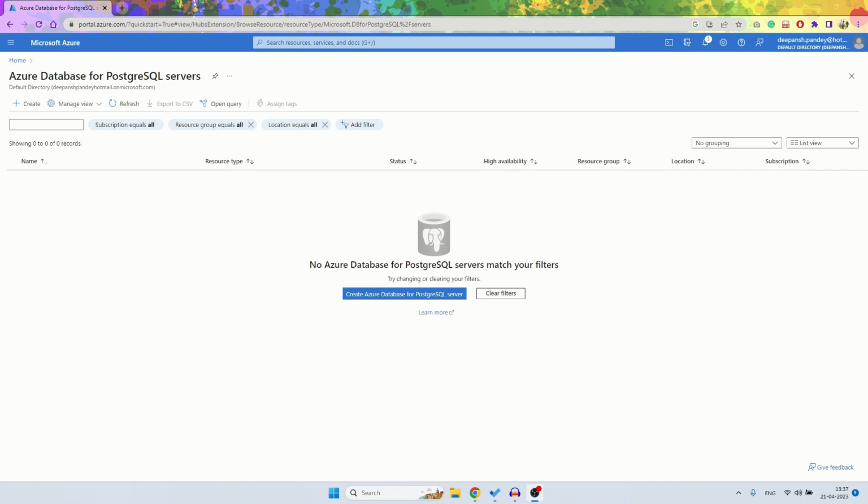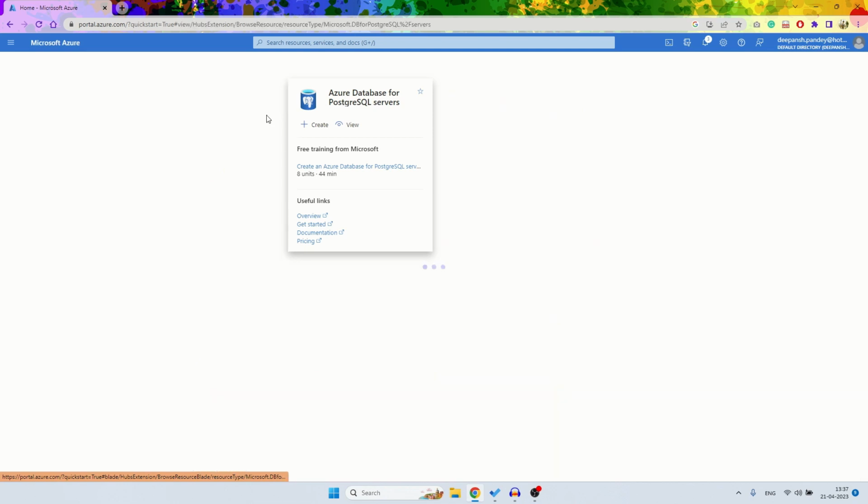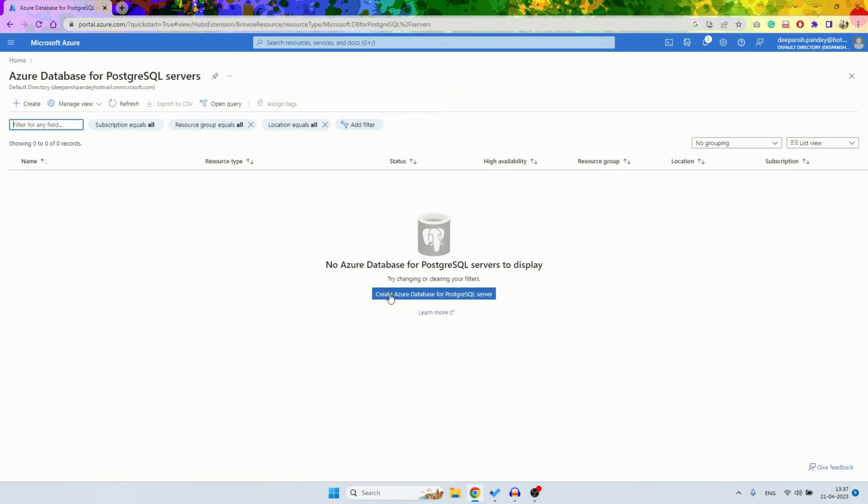In today's video, we will be creating a Postgres database on Azure and then connecting it to the local PyCharm. So as you can see, I have opened the Azure portal and already selected Azure Database for PostgreSQL servers from the Azure services. Once you click here, you have to select the option Create Azure Database for PostgreSQL server,